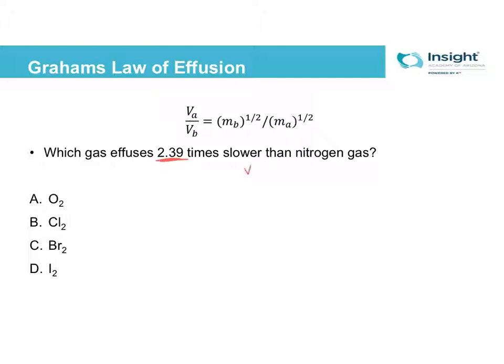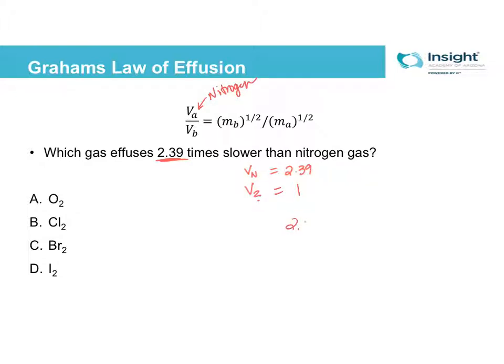VN is 2.39. VB, the gas we don't know, is going to have a velocity of 1, because 2.39 is 2.39 times faster than 1. If I make A nitrogen,